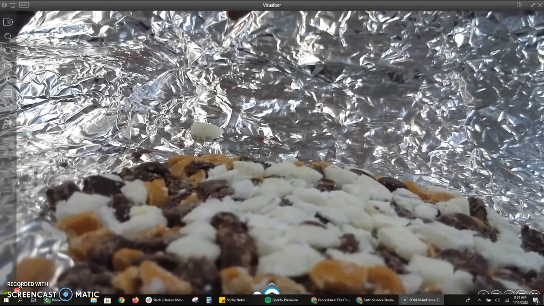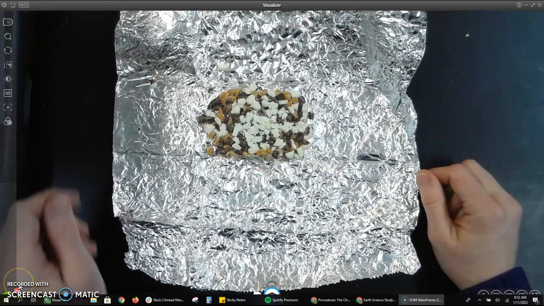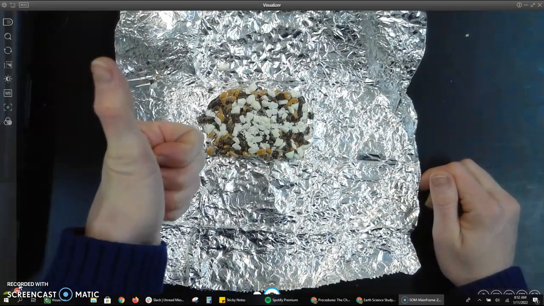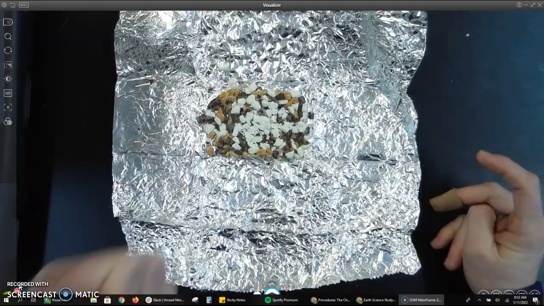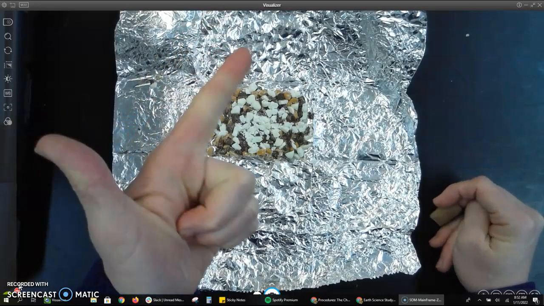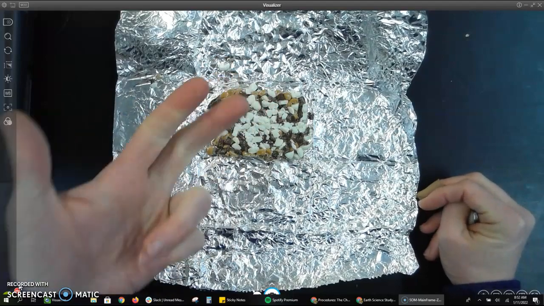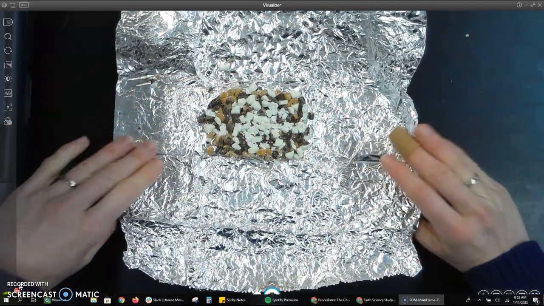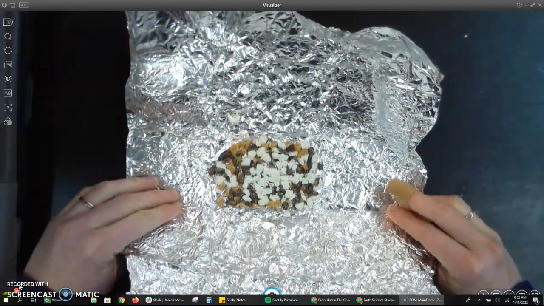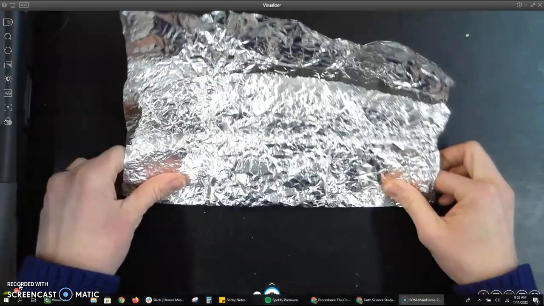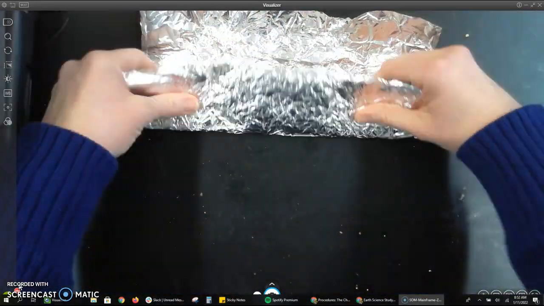One last part, and then we're done. All right, so we've turned our chocolate chips into smaller pieces. We have squeezed them together under pressure. We have continued to use pressure and also added heat from our hands. The last thing we're gonna do is we're gonna put these on a hot plate. We're gonna really heat them up. So I'm gonna fold up my foil packet once again,